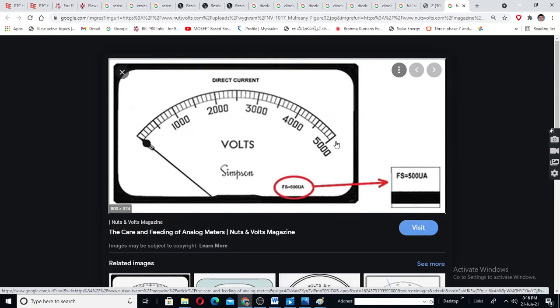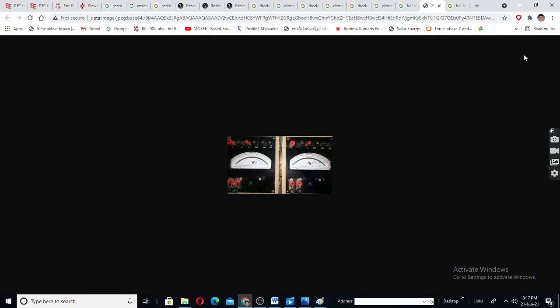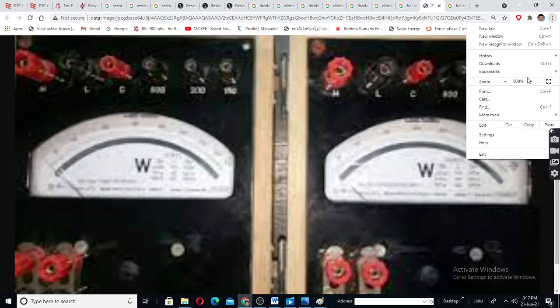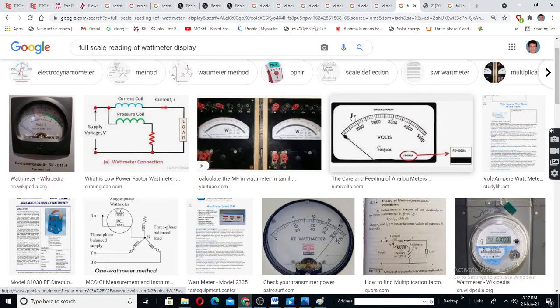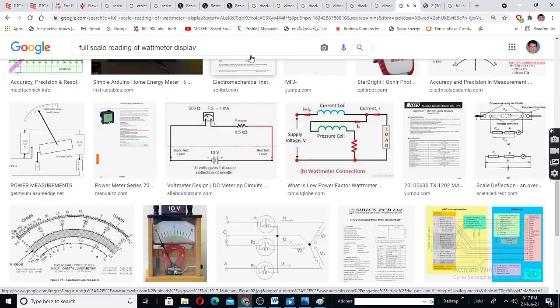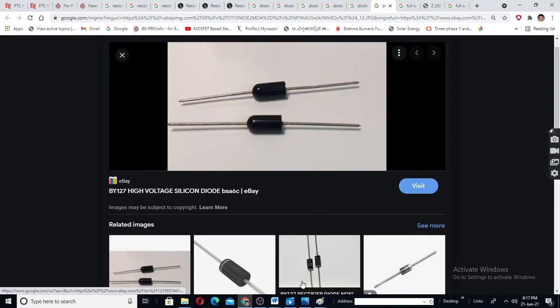So this 5000 is the full scale reading or full scale deflection. It means when the needle starts from 0, this is 0, this is full scale. What is the full scale value? See, this is the wattmeter. The figure is not clear here. So in the laboratory, what you use is 1500. So we will write here 1500.